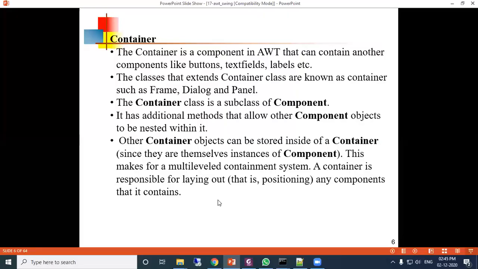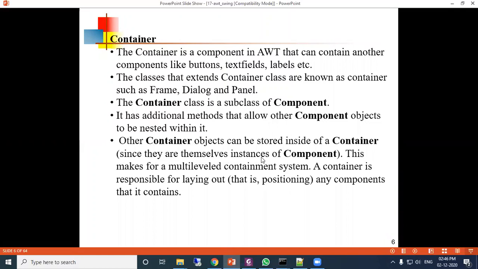The Container class is a subclass of Component. It has additional methods that allow other component objects to be nested within. Inside the component, some additional methods are defined, and whatever methods and contents are defined in the container are inherited, and you can use them directly.